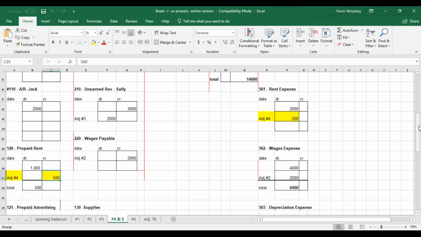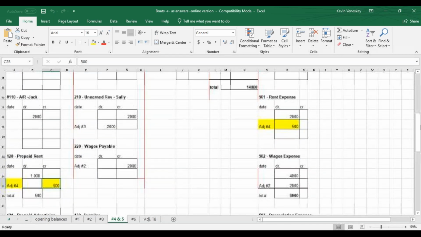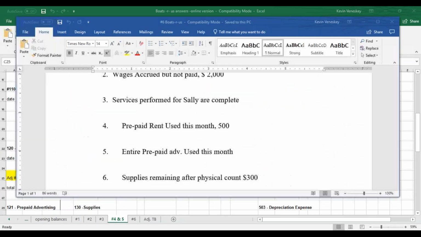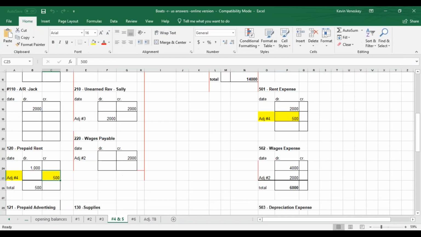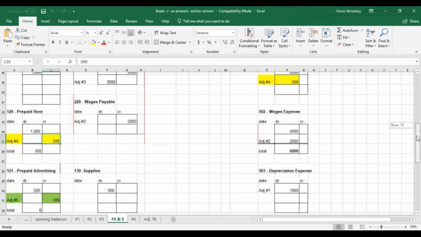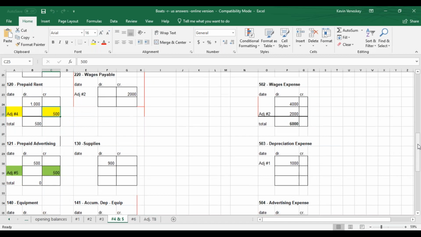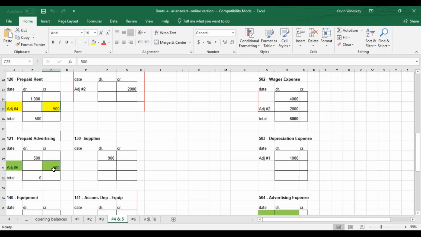Now I'm going to go ahead and put up number 5 as well in the T accounts and then do 4 and 5 together, since I have these on the same screen. It tells me here on number 5 that the entire prepaid advertising was used. So we had 500 in prepaid advertising. All of it was used, so I need to get rid of it and show that I got the benefit